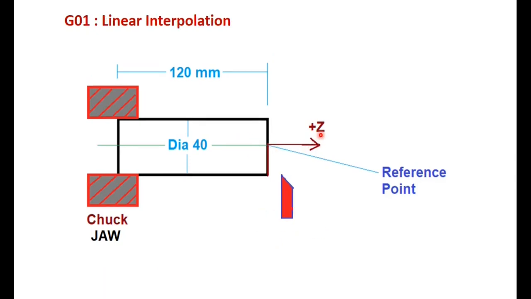Let's see the next one. What about G01? We know G01 is nothing but linear interpolation, so here also the function is the same. For example, in this figure I have used the same diameter workpiece. Let's say the tool has come here. Now what happens in a G01 command? Machining will take place. Suppose I have to remove 1 mm from here. How will the tool move? The tool will move from right towards the left side, that is towards the chuck. This is how the tool movement will happen, and like this it will try to remove all the material.